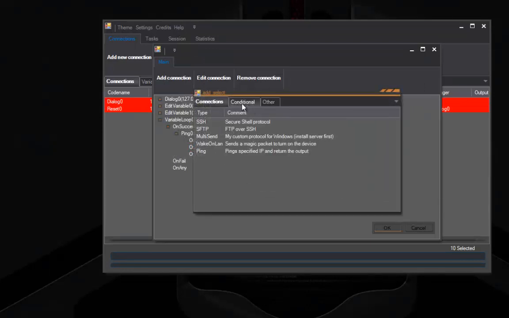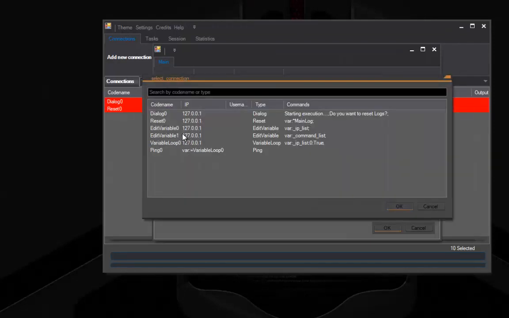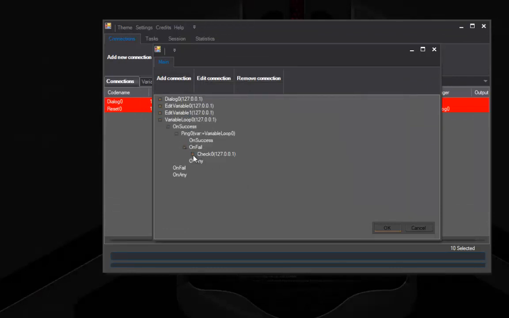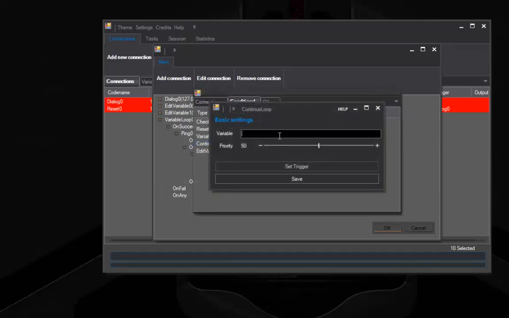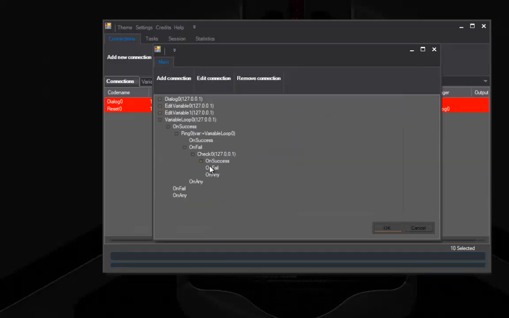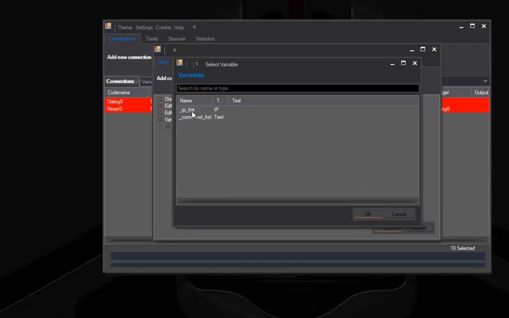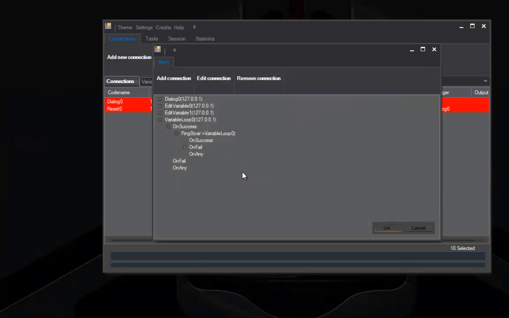If that ping fails, we are going to check it, and if that ping's result not trigger failed, then we can continue loop our first variable. Okay, on success variable loop 2, which is our command list,